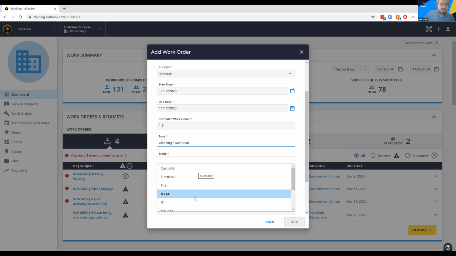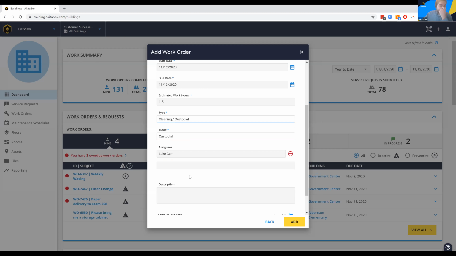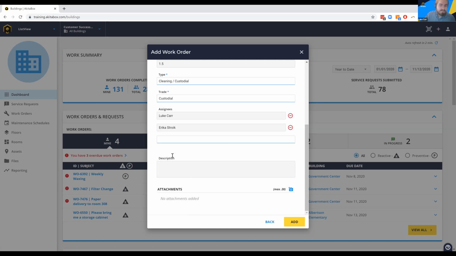Selecting the trade that you do want. I'll keep that as custodial, and then managing your assignees. We can have multiple assignees. So if I wanted Erica to also be assigned to this work order, I'd add her there. Add in my description. If I have any more details I want for this work order, I can also add